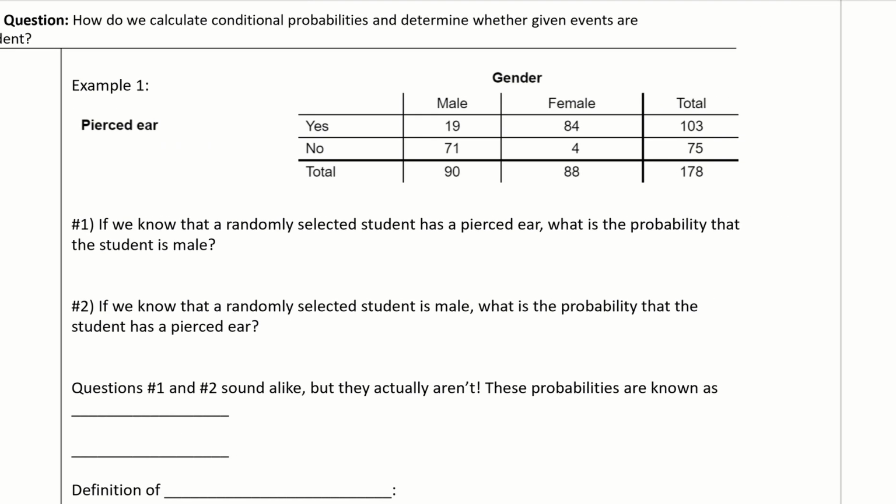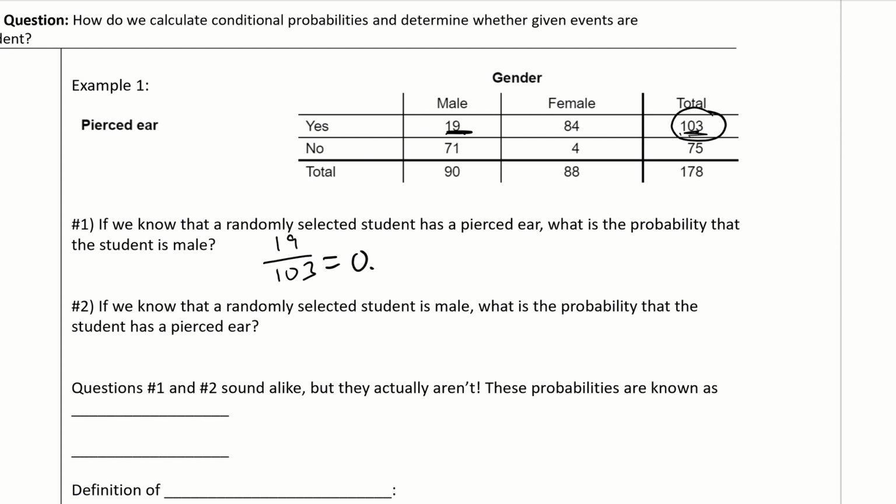Looking at our first example, we have a survey conducted on males and females and on whether they pierced their ears or did not. For number one, if we know that a randomly selected student has a pierced ear, what is the probability that the student is male? We're looking at this row. How many students have pierced ears? We have 103. Out of those 103, what is the probability that we get a male? That's 19, so it's 19 out of 103, and that probability is